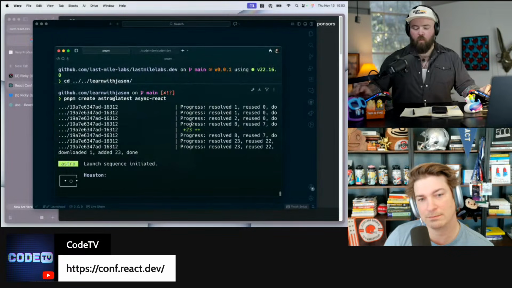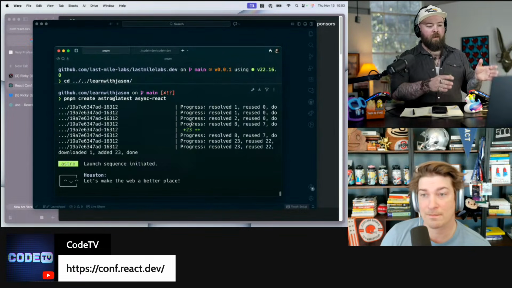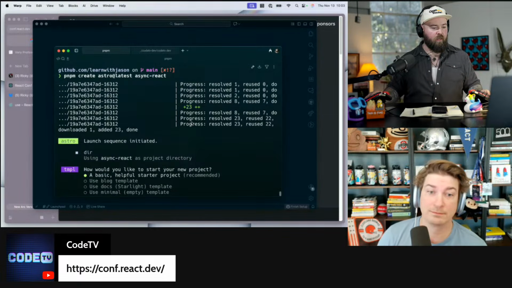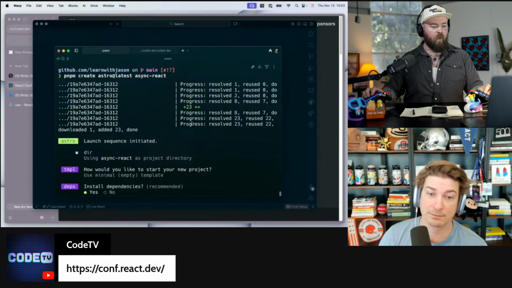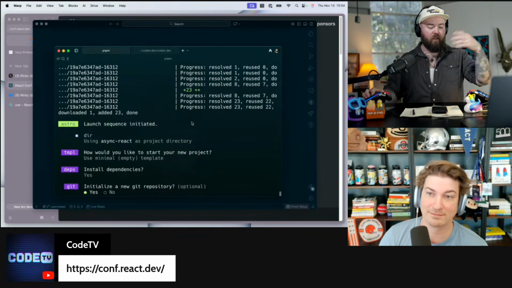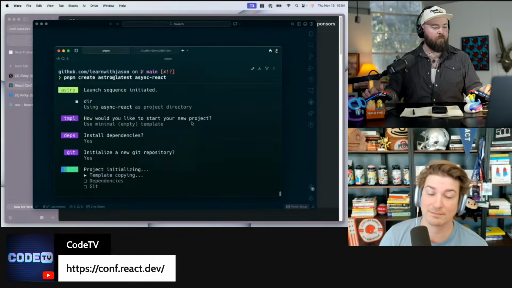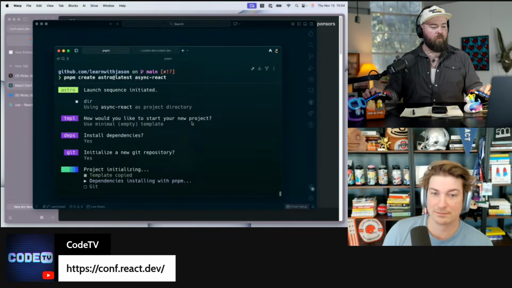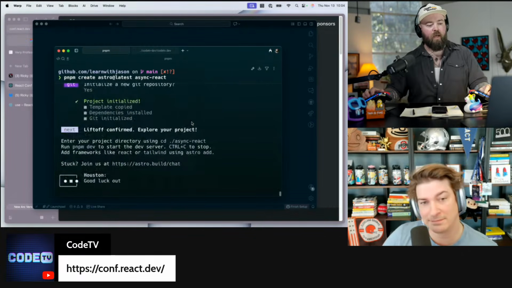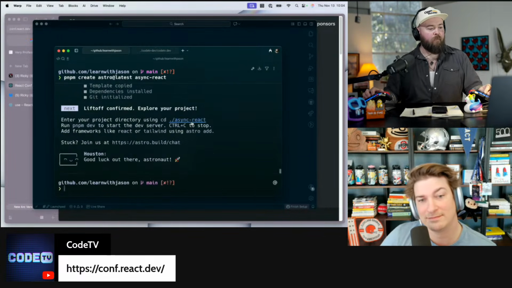Okay, so what this is going to let me do is have an API folder so that I can really quickly throw together our get and post endpoints, and then we're going to mount a client-side React app right in the middle of it. So that way we have our full client-side React app, and we can fake an API to try these async features.